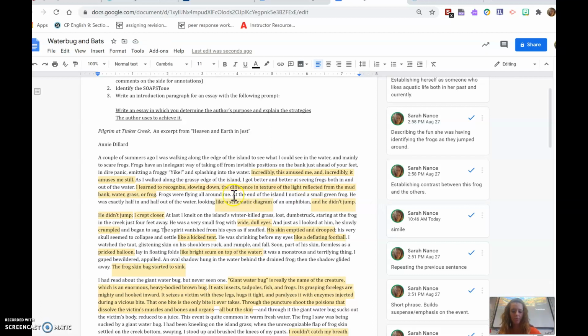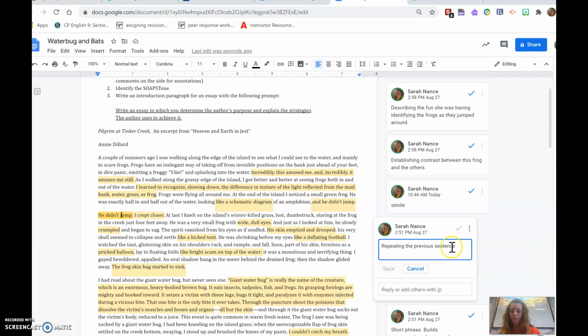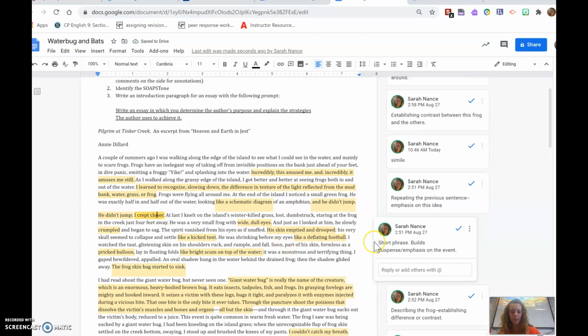He didn't jump, second paragraph. Okay, so now she's repeating this phrase, so that means it's important. So she's repeating the previous clause, he didn't jump, he didn't jump. That's definitely going to have an emphasis. That means it's important when things are repeated. So I'm just going to add emphasis on this idea, okay? I crept closer. For this, I would just say it's a short phrase, which kind of builds suspense and emphasis,